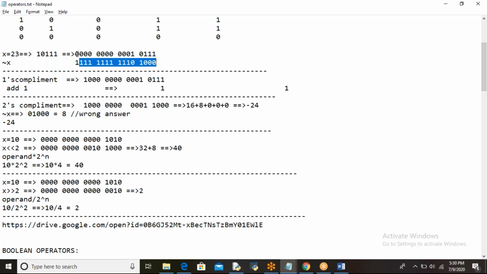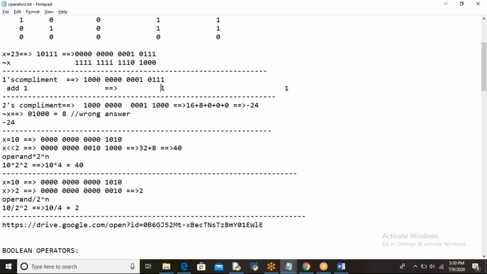Last bit is treated as a sign bit. If it is 0, it is positive. If it is 1, it is negative. Sign bit, you put it like that only. And remaining all the things, you convert it. All these ones became zeros and 0 became 1, and here 1 became 0 and all the 3 zeros became 1. Yes, you got the ones complement and you are adding 1.